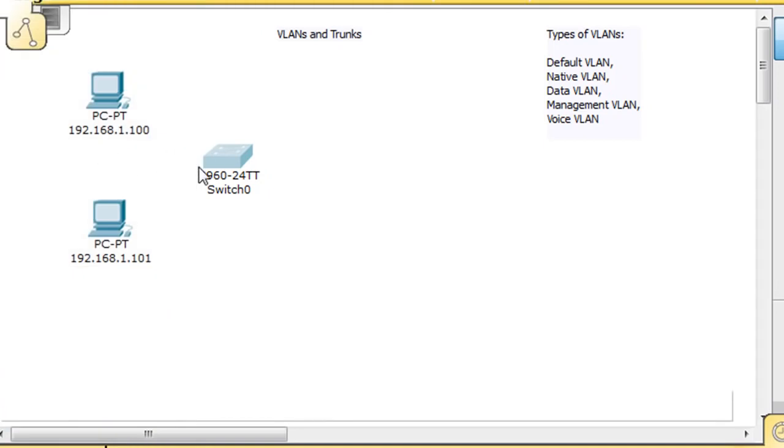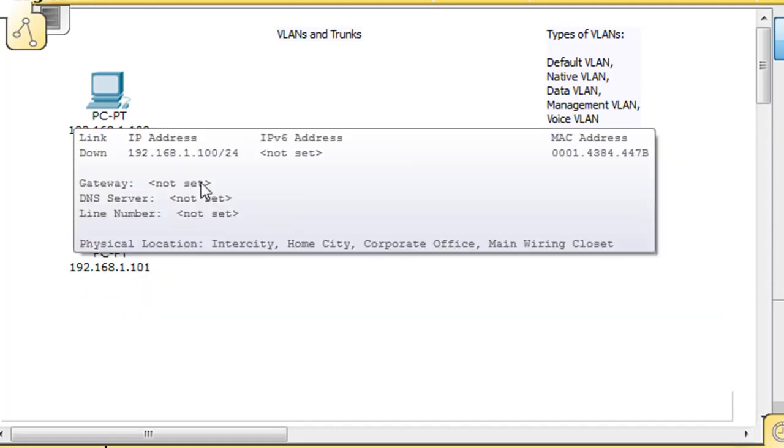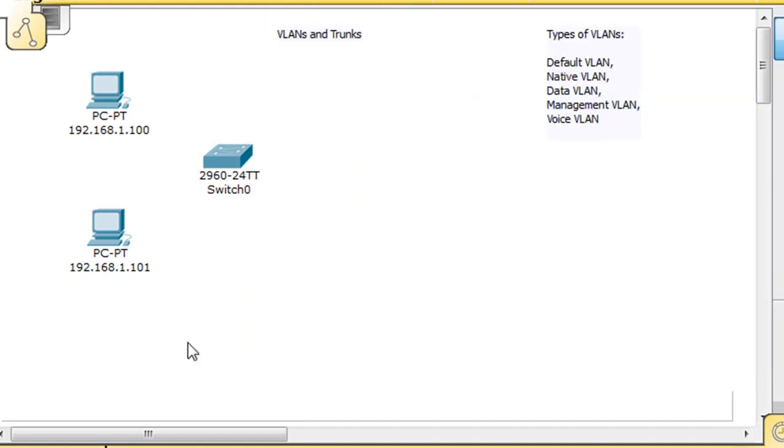And basically, a switch is used to create local area networks or LANs, and it's used to interconnect PCs on a LAN, right? So you've got this PC at 192.168.1.100, and this PC at 192.168.1.101, and we're going to connect both PCs to this switch, and then they'll both be on the same local